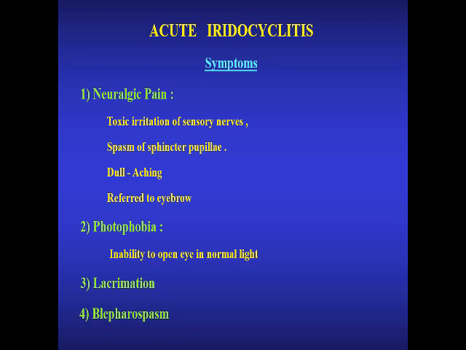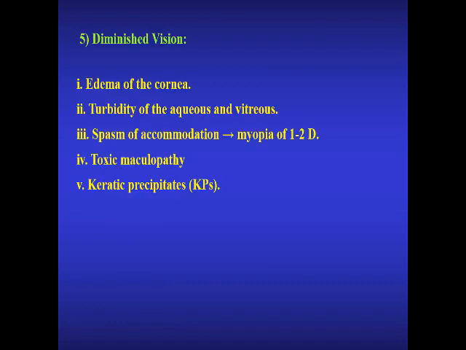The clinical picture of the acute iridocyclitis includes symptoms: pain, which is characteristic neurologic pain due to toxic irritation of the sensory nerves, spasm of the sphincter pupillae, dull aching pain, and referred to the eyebrow. Photophobia, which means inability to open the eye in normal light. Lacrimation, blepharospasm, and diminution of vision